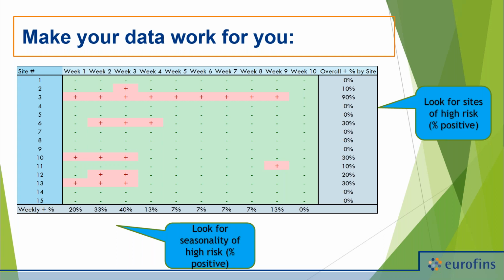Also, we can recognize that the first few weeks seem to have more of an issue, more positivity finds than other times of the year. So maybe we've got a seasonal thing. Maybe that's when we're bringing in our product. Maybe the temperatures are changing on our site. So using our data as opposed to just one data point, we learn a lot more about environmental monitoring. We are far more capable of identifying when and why we might find sharks, right? And that's what we're trying to do with environmental monitoring.